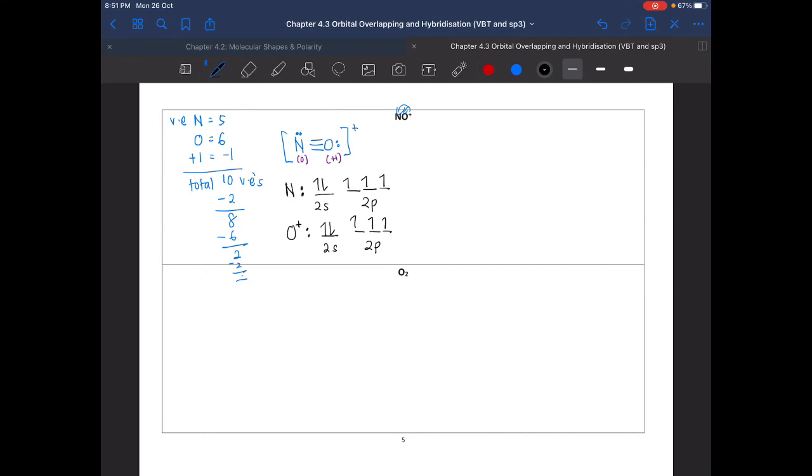Okay, so now we need to look at this valence electronic configuration. So yang unpaired nitrogen will overlap with unpaired oxygen here. So akan berlaku overlapping sini. So 1, 2 and 3 overlapping yang akan berlaku. Okay, so between N dan O. Logik lah sebab from our Lewis structure, kita tahu dia ada triple bond. That means 1 sigma bond and the rest is pi bond. Okay, so let us start